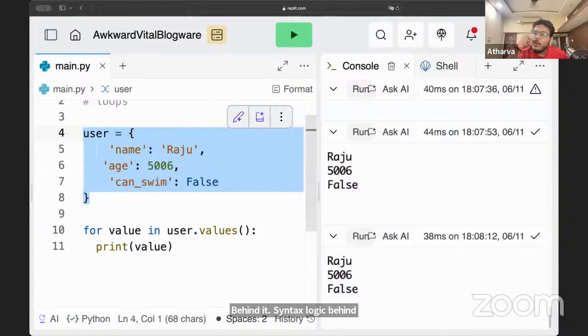Good question. Okay. Do one thing. When you install Python, you can see this values. Click on that value, command and click, and it will redirect you to the source code. You will be able to understand it. Right now, I don't know how they have implemented. Even I have to look it to explain it to you. So, okay, let me quickly look through it.